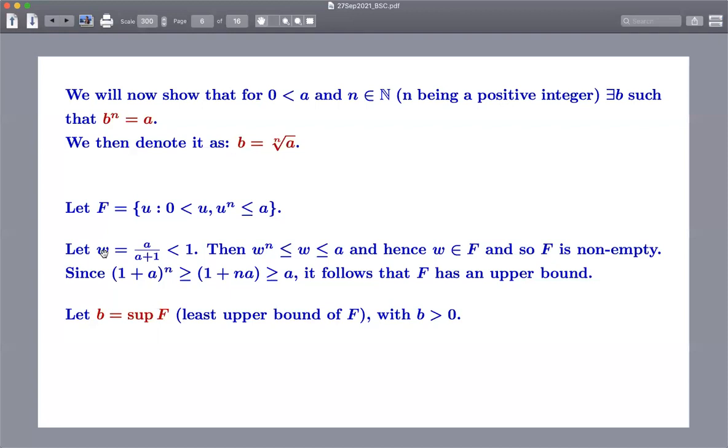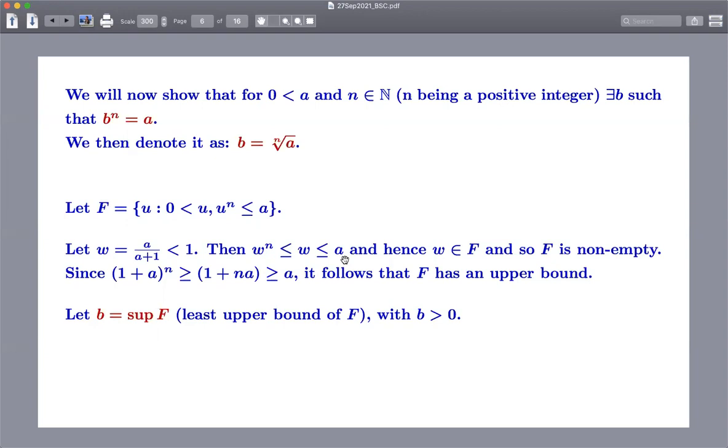So I had a question. Is there some reason we took 1 plus A? Well, in one go it proves both these properties, that W is less than or equal to A and W^n is less than or equal to W, which is in turn less than or equal to A. You can do many things; I'm not saying this is the only thing you can do. Here we actually show that (1 + A)^n is one of the upper bounds of the set.